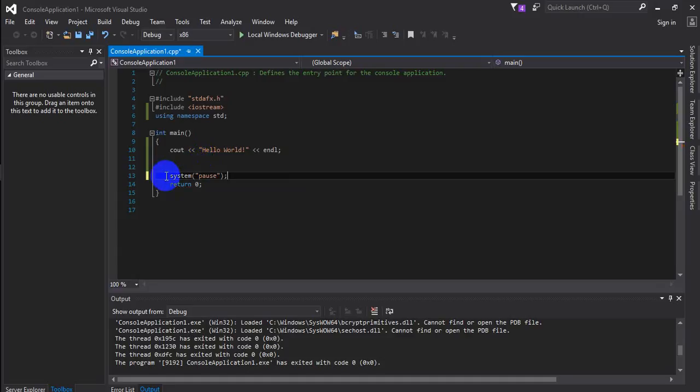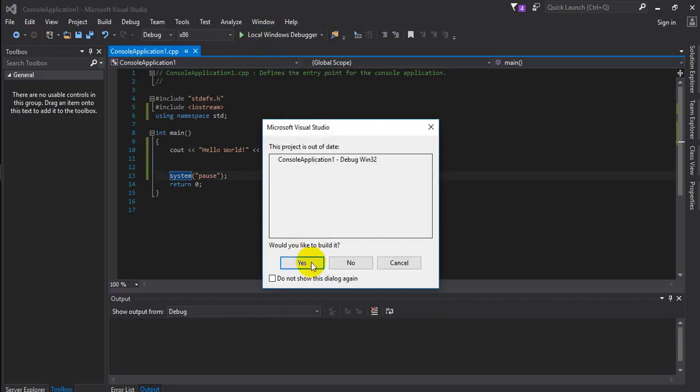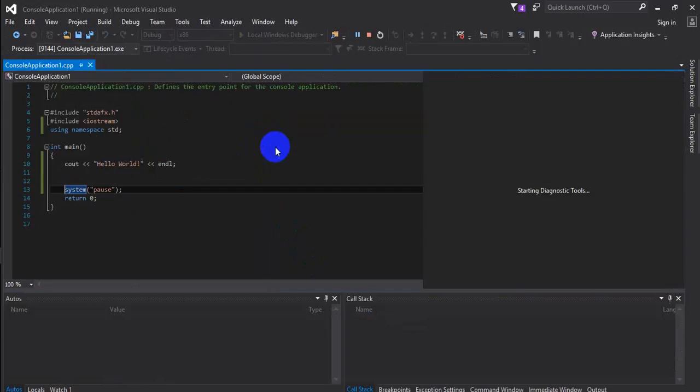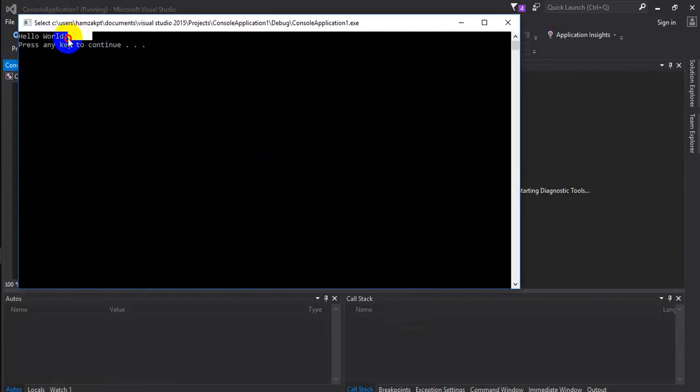If I write the statement over here, it's going to pause here, and then it's going to print this statement, and then it's going to return. So I would like to hit compile. Yes, of course I would like to build it. Hello world, and press any key to continue. If I press any key, this